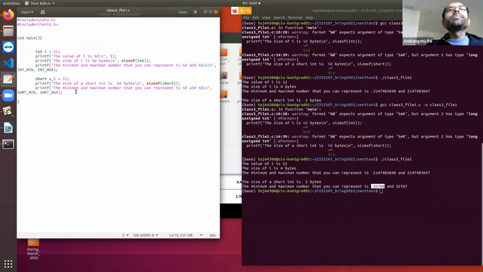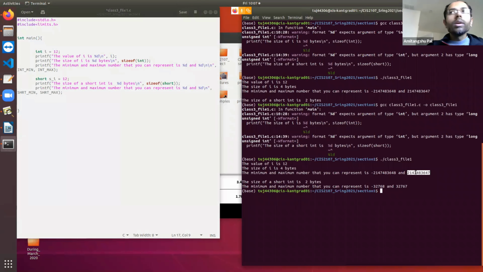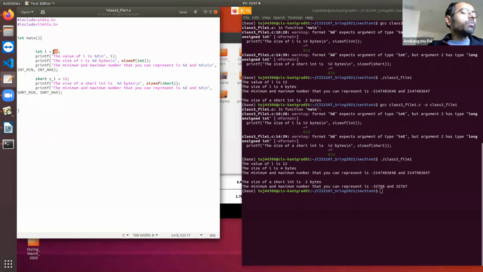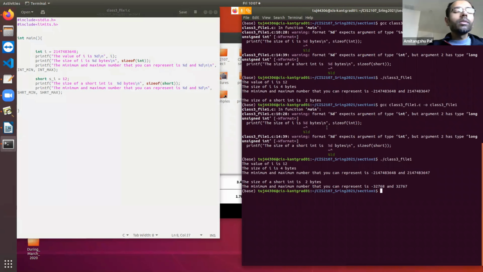Now let's see a different type of data type. Suppose we have learned that in an integer, the maximum number that you can represent is 2147483647. Now suppose I want to use a number that is more than this, that means 2147483648. What will happen?